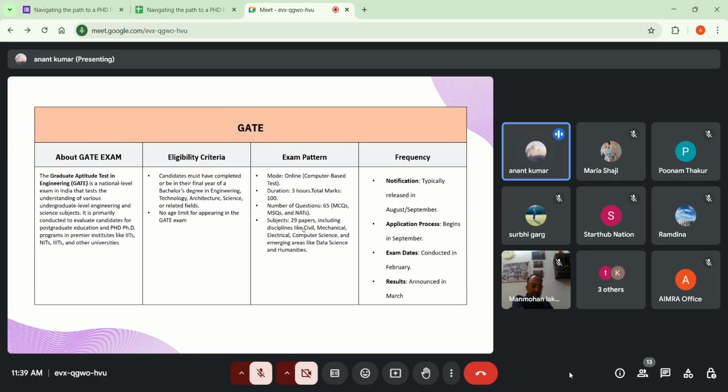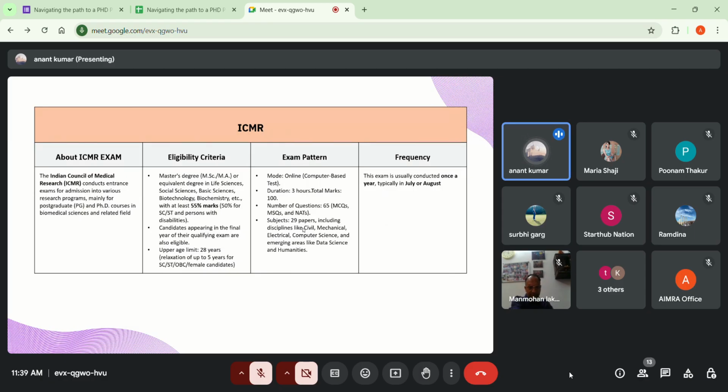The duration is 3 hours, with MCQs and NATs, and it includes subject papers also. The notification is typically released in August and September, the exam is conducted in February, and in March the result is announced. These dates might vary, but they are close to these months.